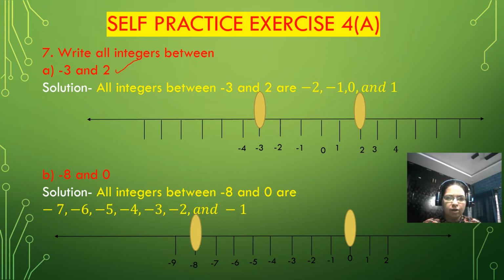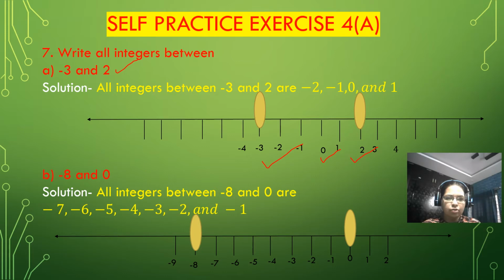Here middle line is 0, then from left side negative integers, and to the right side of 0 positive integers. So 0 to the -1, -2, -3 and -4. We can represent these negative integers on a number line and positive integers 1, 2, 3, 4 to the right side of 0 on a number line.